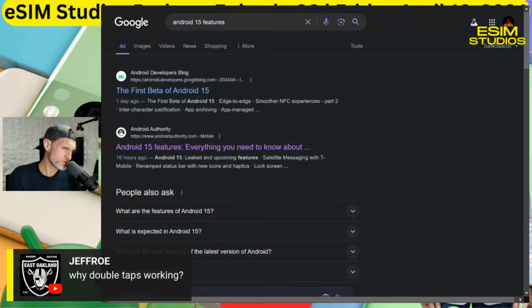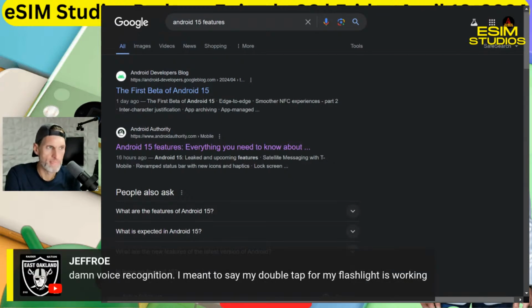I'm not sure what the other ones are. I think take a picture, so you can hold it in selfie mode and double tap the back of the phone and then it'll take a picture. So they're saying that does not work on Android 15, the double tap feature. Yeah, I believe you can go into settings and